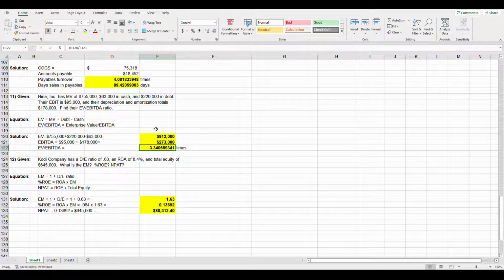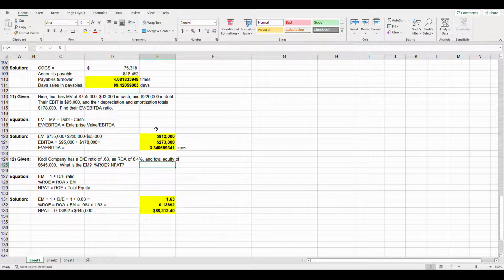So enterprise value of the company is 3.34 times its EBITDA. And again, these can be compared to other recent acquisitions in the space to see if you are paying a fair price, or someone is paying a fair price for your company, or you are paying a fair price for a company you're acquiring. Finally, in problem number 12, Kodai Company has a debt-to-equity ratio of 0.63 times, return on